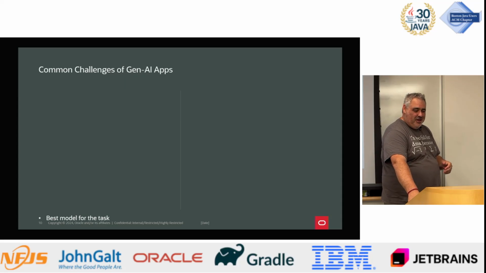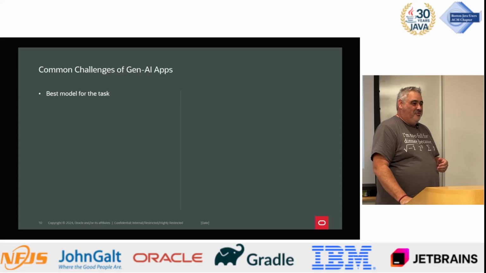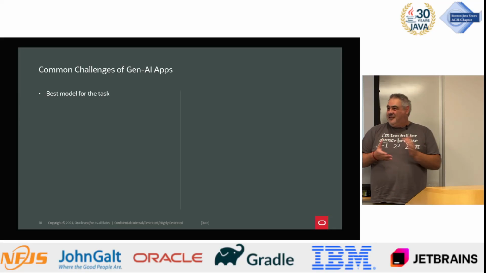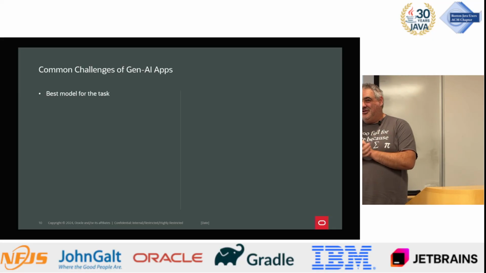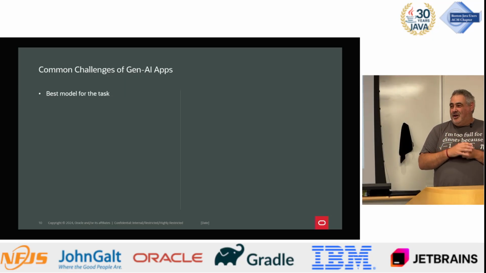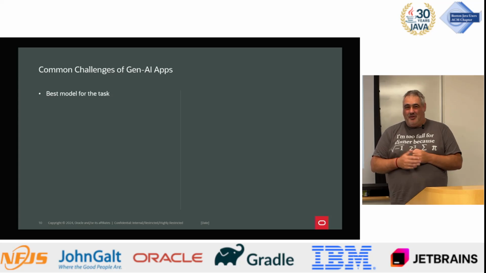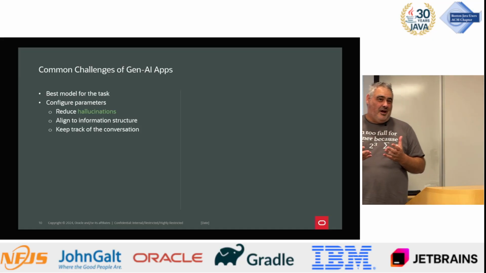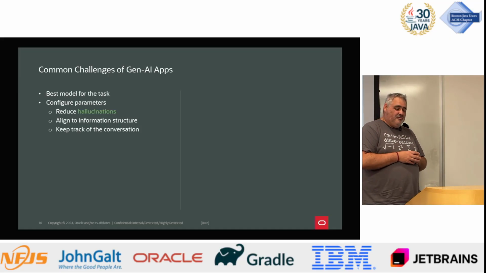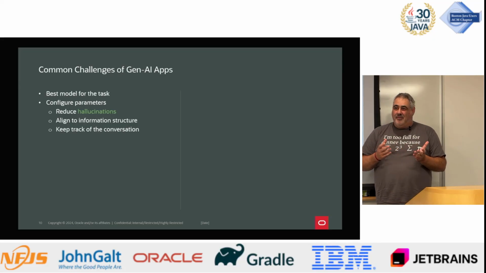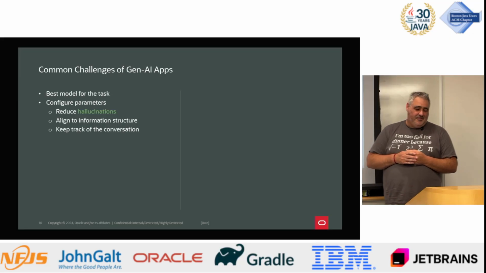So what are some common challenges of building these kinds of applications? Somebody went and put builds into my slides. This is the problem with SharePoint. People can go in there and change stuff when you're not looking. So, there's lots and lots of different models, large language models and diffusion models and other kinds of models. How do you pick the right model for a particular task that you want to implement? That's a challenge. And then all these models have parameters that control how they behave. So choosing the correct values for the parameters is also something that you need to do. The default parameters might not be right for your particular use case.